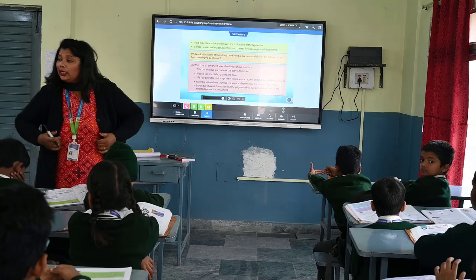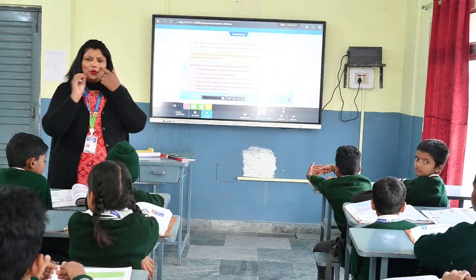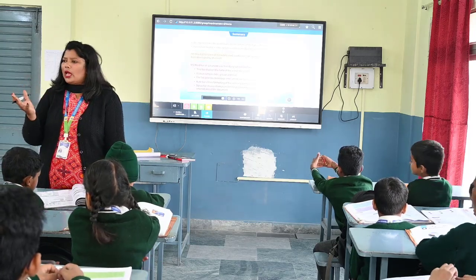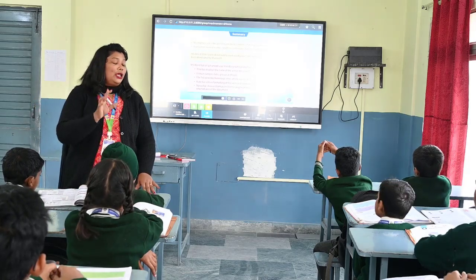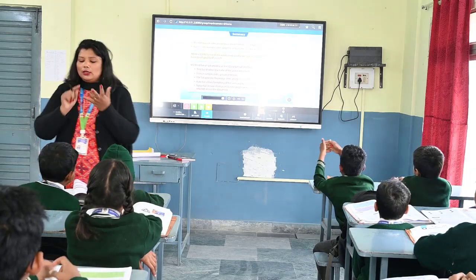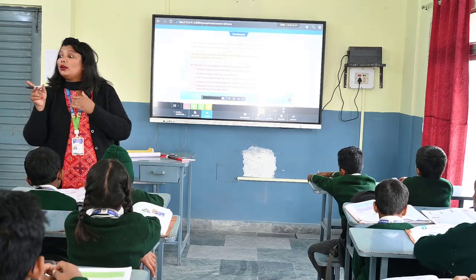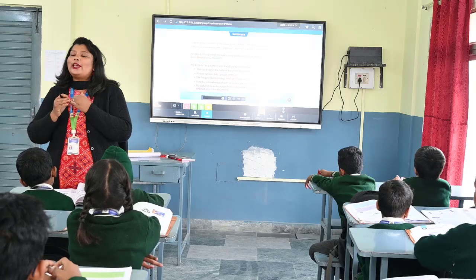And what is the shortcut key for moving and copying? In computers there are many shortcut keys, right? Yes, ma'am. For saving, what do we have? Every shortcut key starts with Control or Shift. Control plus S is the shortcut key for Save. Correct.